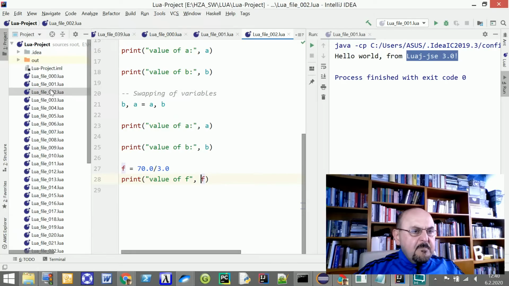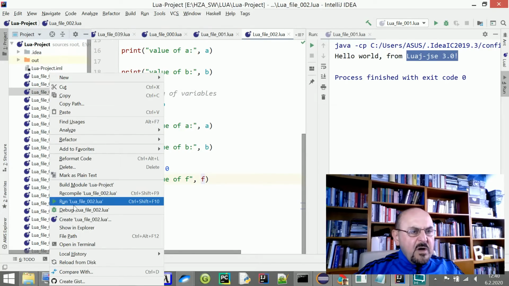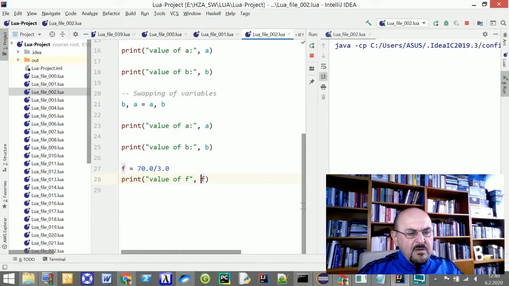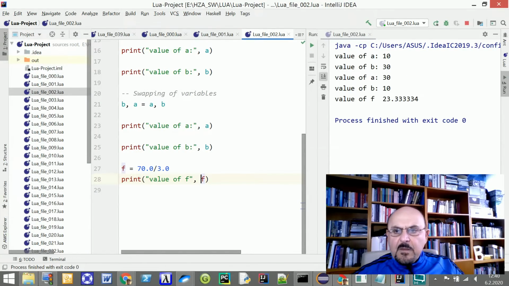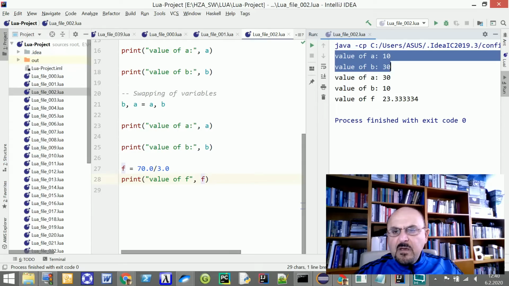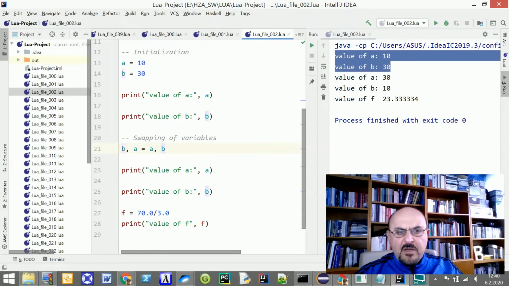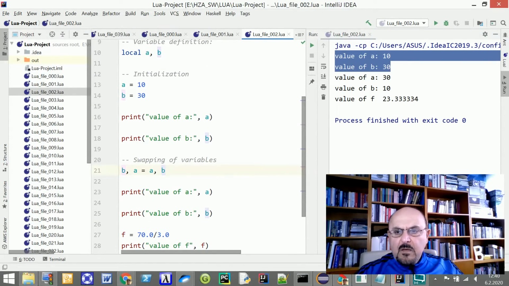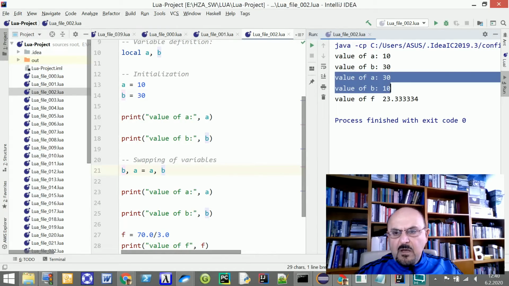And when I print this one, when I run this one, okay, this part is before the swapping, in fact, the real values for a and b, just as you can see here. Okay, and this part is the swapped value.